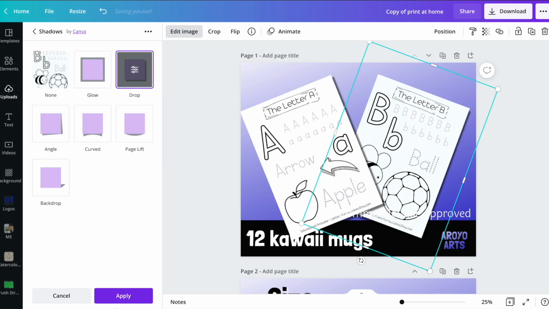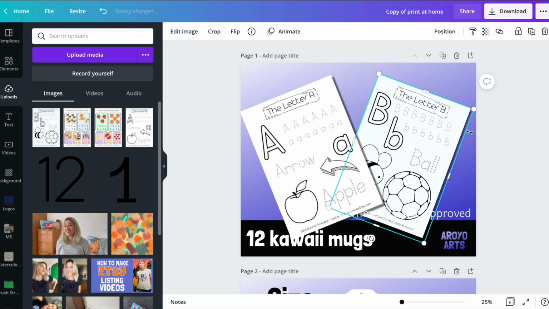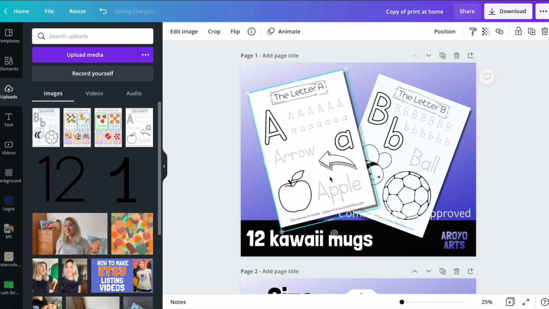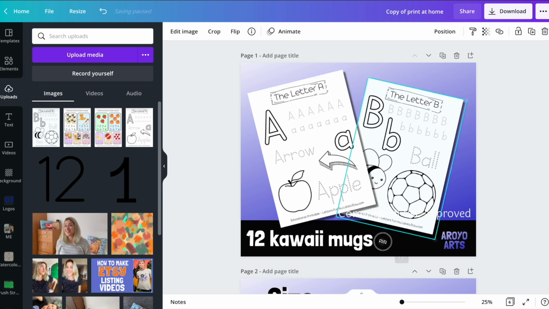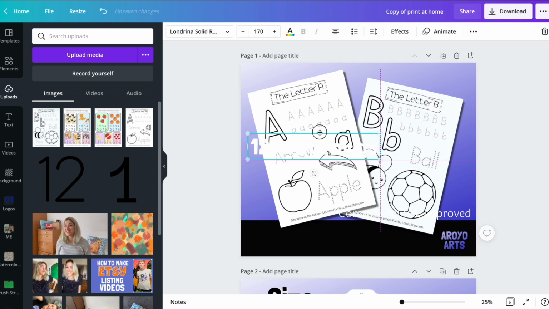So I'm just going to skip this part a little bit faster, and there is a tutorial on that coming up in the next few days. And now I'm just going to put this one here, and I have a lot of different elements here. For example, I have this text, and